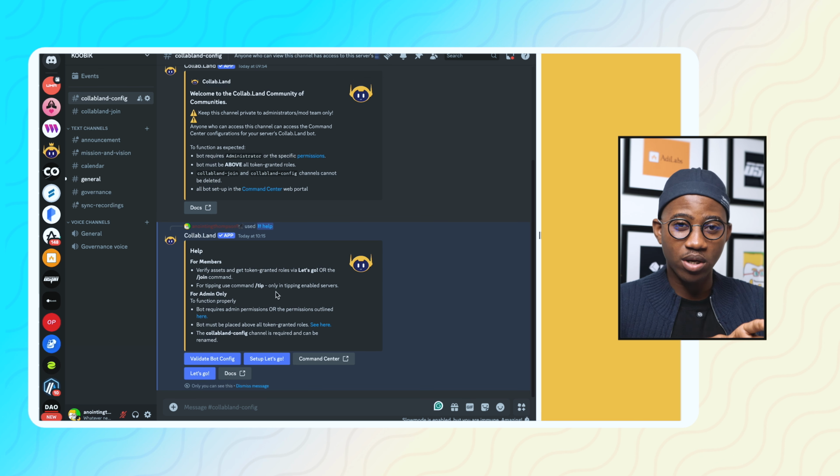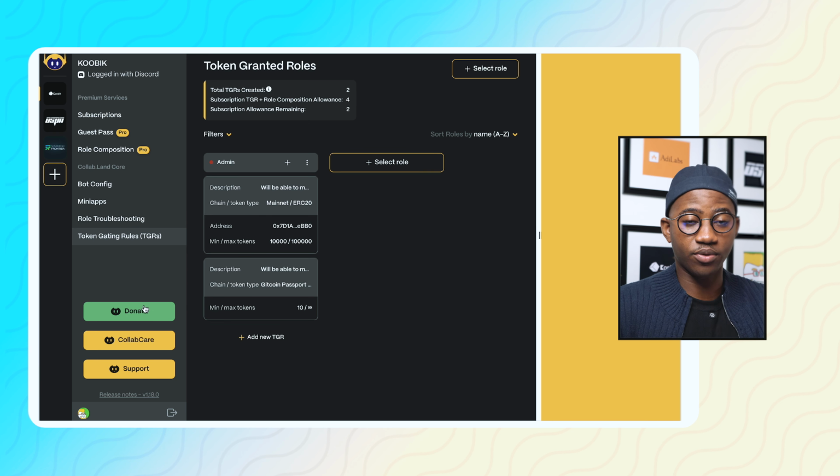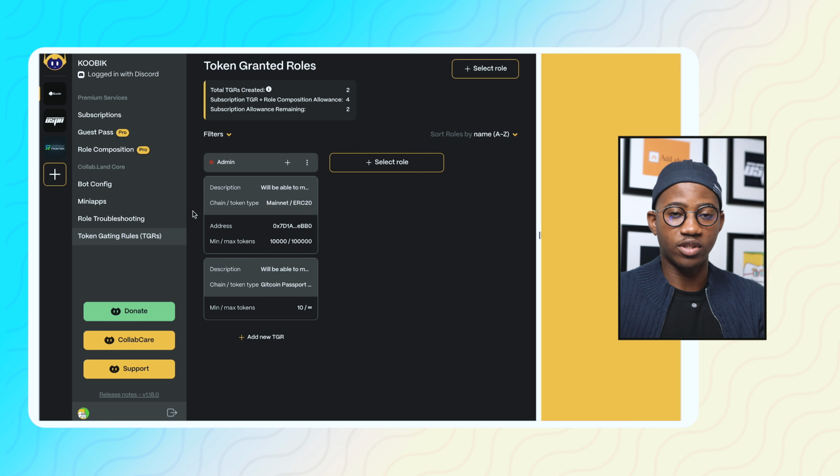Now you can tip as well on Collab.Land in your Discord server using the /tip command, and this is just for enabled servers. Now back to the command center. These options right here, so you can donate. You can click on here and see the Collab care and the support and all of that. Now these are like the few things that you can do on the command center. There are lots of other options and features right here on Collab.Land, and you can see them by going to the mini